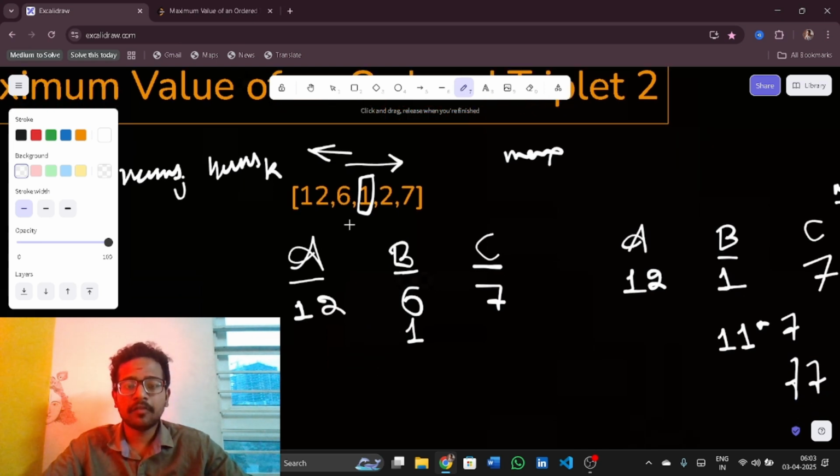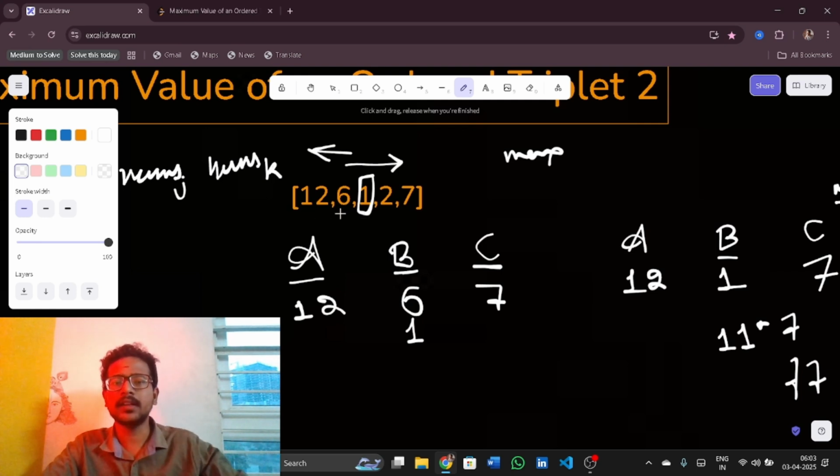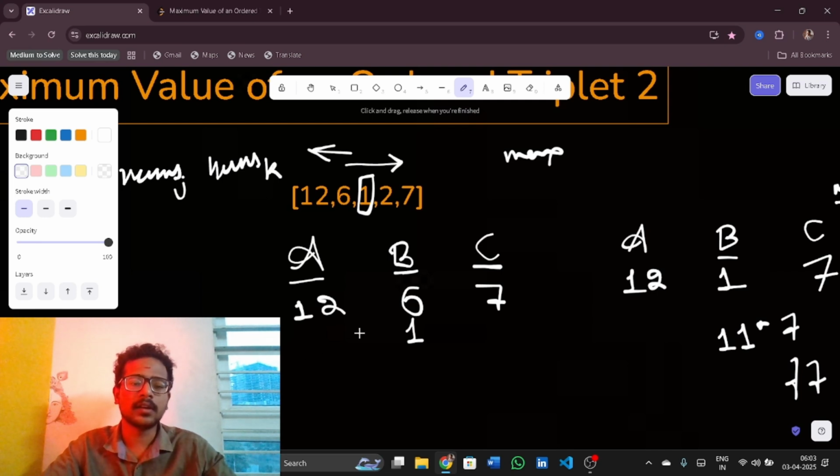What is the left max for 1? All the left values are 12, 6. From these values, what is the maximum? It is 12. Now, what is the maximum to the right of 1? It is 7. If I compute 12 minus 6 is 6, 6 sevens are 42. That was the earlier triplet. But now 12 minus 1 is 11,